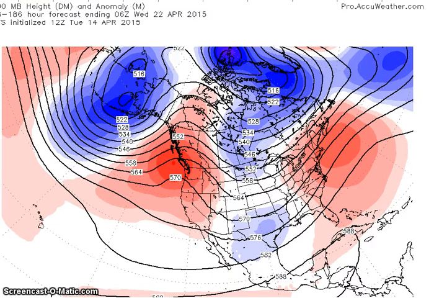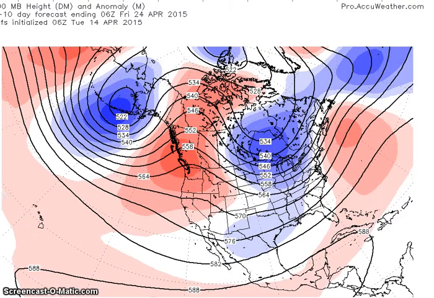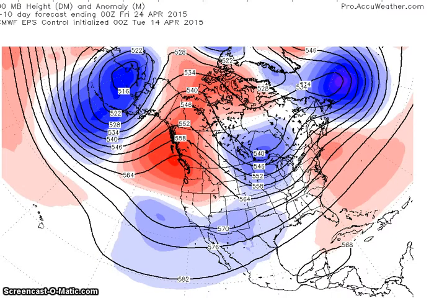We're going to go to the end of the period. This is the 24th, and you can see we have a trough here. This is the GFS, which is more amplified with this trough. And then we're going to look at the ensembles. The GFS ensembles bring it further to the east. And now this is the European ensembles, which bring it back more to the west.